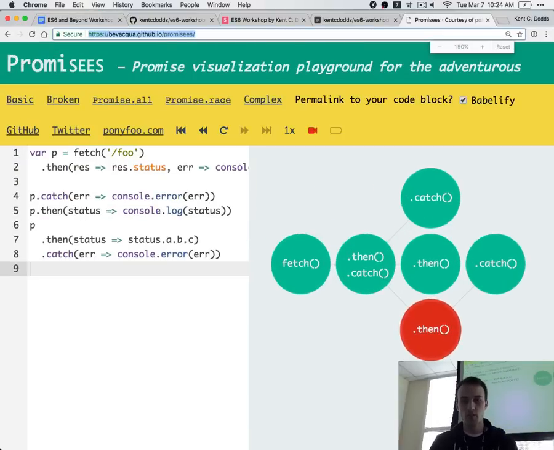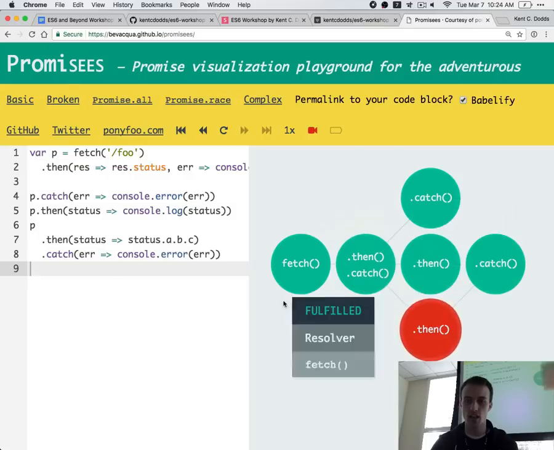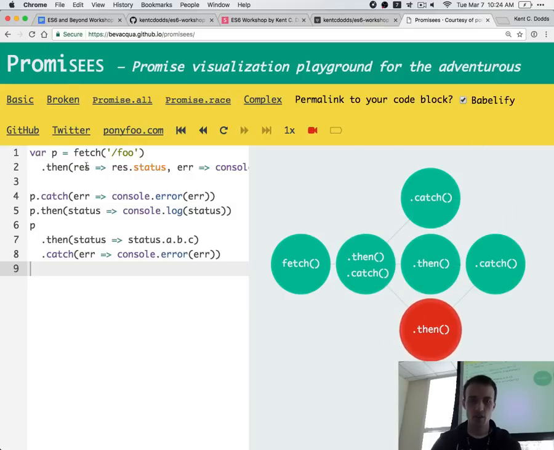So this is promises. It's created by Bivakwa. He's the creator of Ponyfoo. He's a really, really great person. Basically with this tool, you'll have code on the left side and the promises chain on the right side. So if we look at just this basic example,